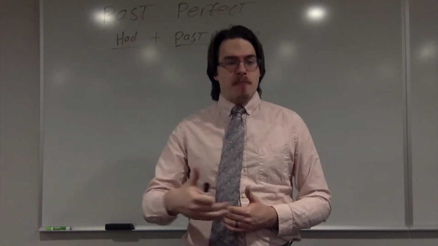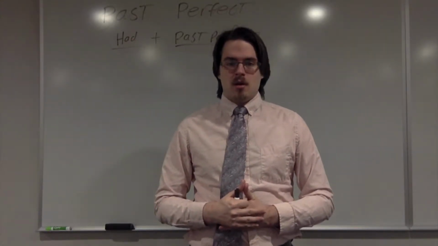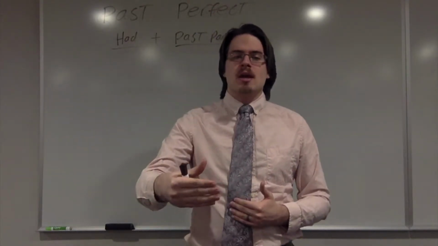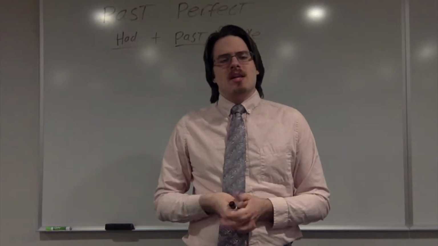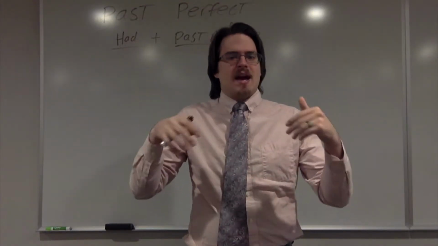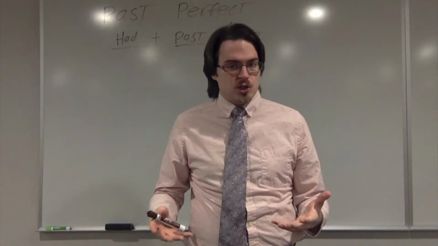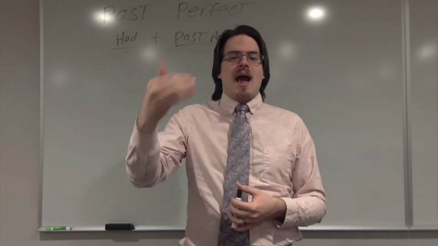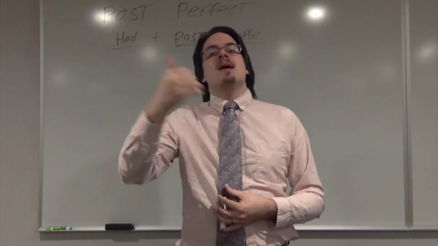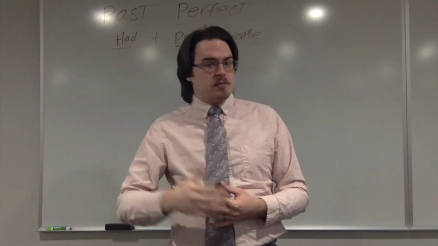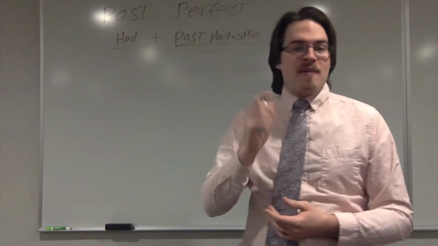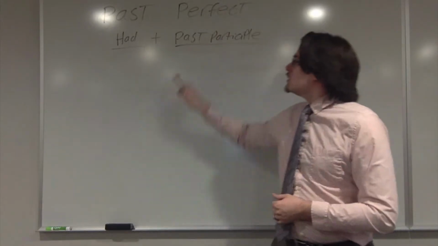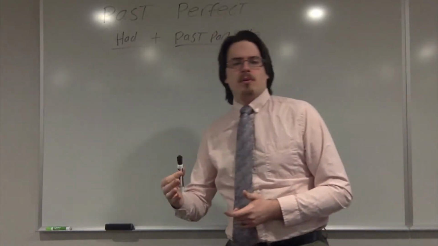Next, we have the past perfect tense. Perfect tenses indicate a state of being or an action that is completed. It is best to think of the word perfect as meaning complete or finished. The past perfect tense then indicates a state of being or an action that was completed at a certain time in the past. The past perfect is usually formed by having the auxiliary verb had plus the past participle, which